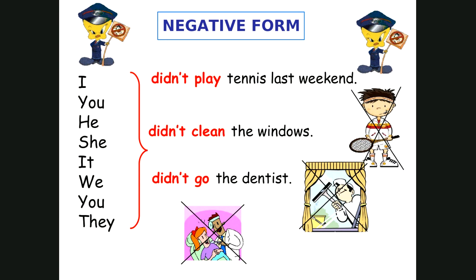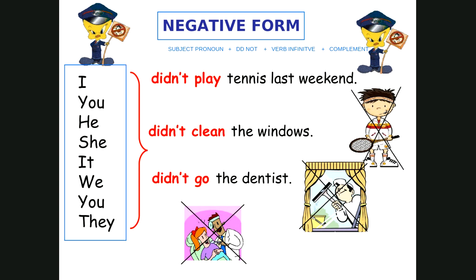And then you have a complement, whatever it is. That's what we have in the examples. So, whatever subject pronoun, didn't as an auxiliary with the verb in infinitive, didn't clean, didn't go. So it would be incorrect to say didn't went because you do not repeat the past. So you have to pay close attention to the grammar